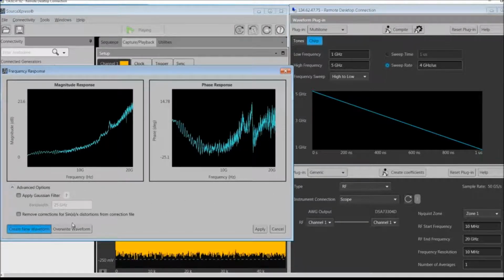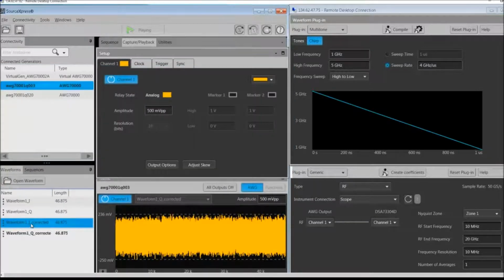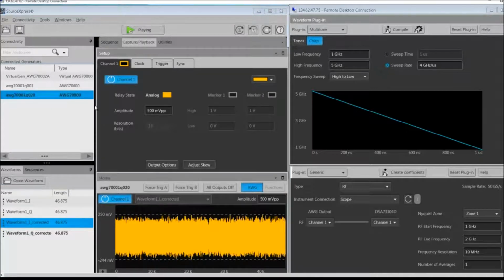If it's an NRZ type waveform, you may not want to apply your sin X over X correction, so you have the ability to turn that off if you want to. So I've already done the correction for an IQ type waveform that I've created, and then saved the correction files, and I've dragged them into the particular AWGs. Here I'm viewing my second AWG. If I go to the master AWG, you'll notice that here I'm looking at the I waveform,